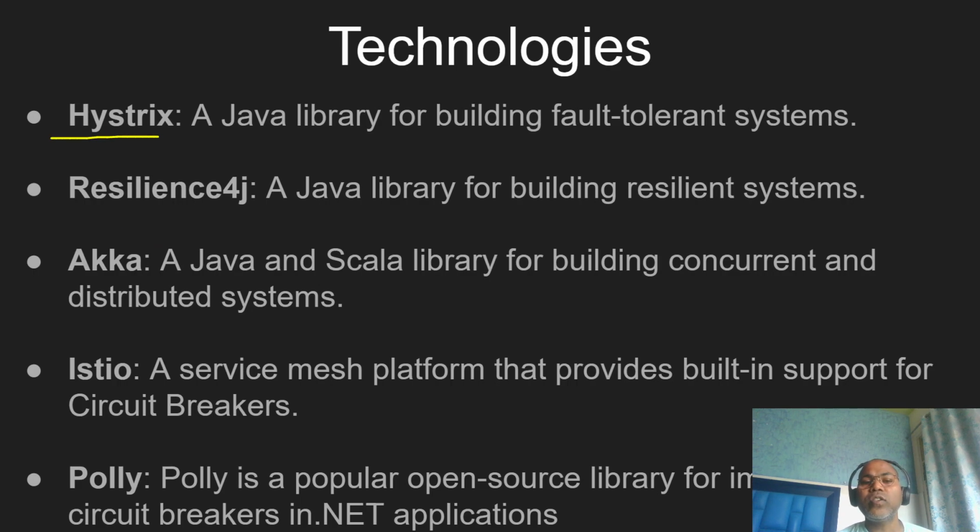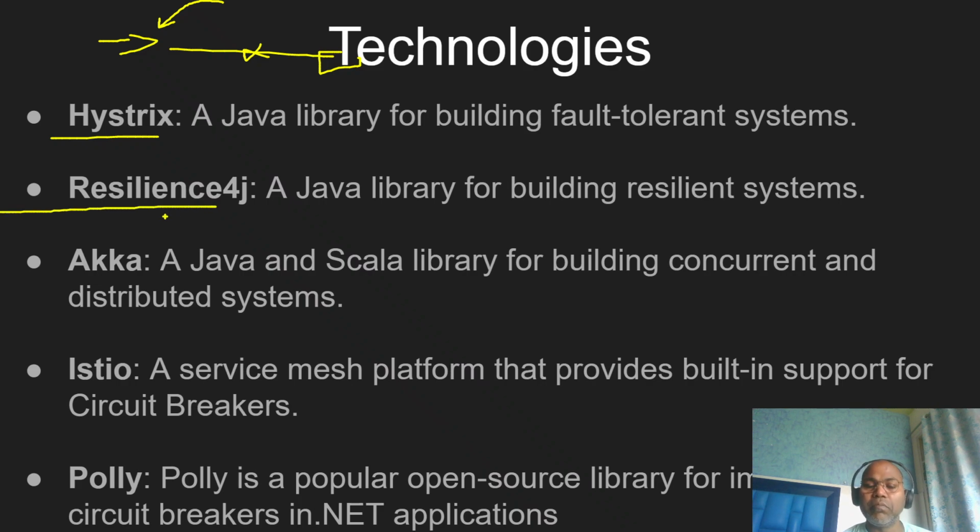Like Hystrix, which is a Java-based library. You just configure that this microservice is calling that microservice, and that you want to monitor and check the health of it. So we can just configure where I want to implement the circuit breaker, what the alternative path is, and what the methods are; everything you can configure. Nowadays the latest one you can use is Resilience4j.